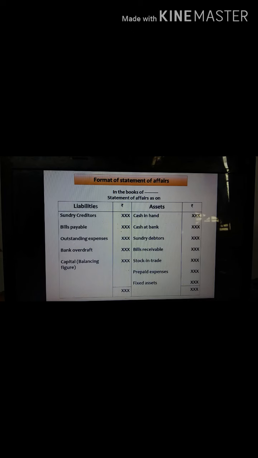So this is the format. I already told you to write the format on the double side of your ledger note. So this is the statement of profit or loss. Now I am going to explain one illustration problem, how to find out profit or loss through incomplete records.